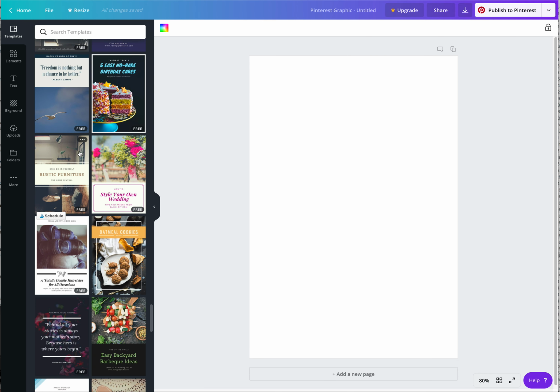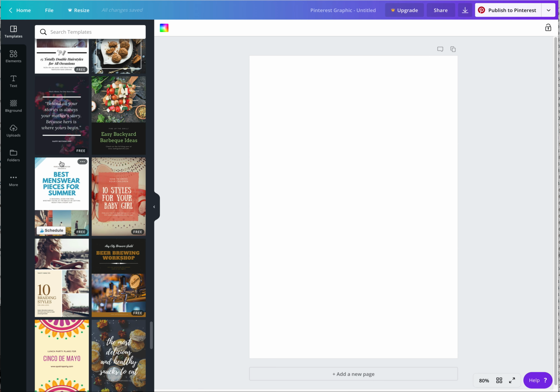So keep in mind that when you are looking at these templates, your imagery should go along with what the template shows. For example, this one is a dark image with white lettering. If you were to bring in a really light image, the white lettering may not show up as much, so you would probably have to change that to a darker font color. Just stuff to keep in mind in terms of how much customization you want to ultimately be doing. So the closest you can get to the imagery that's already in the template, that's great if you're using your own imagery. So we're going to keep scrolling,